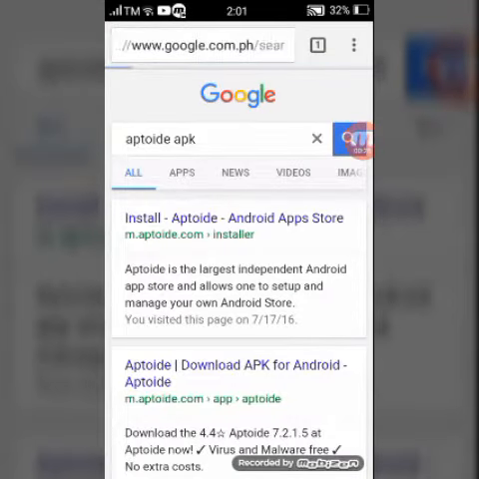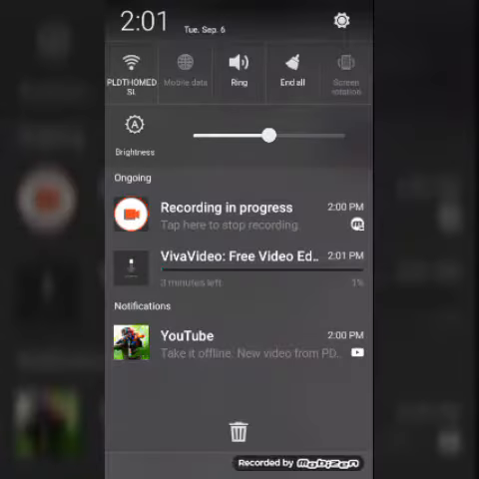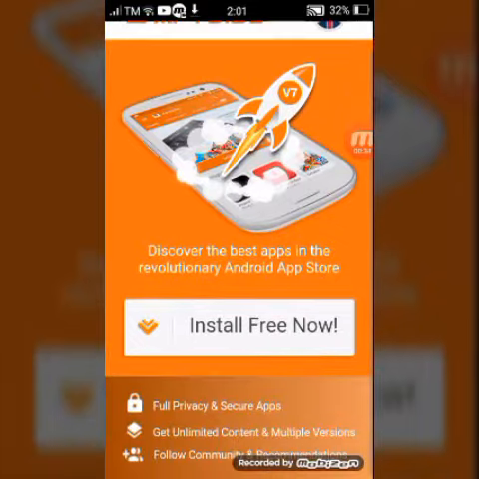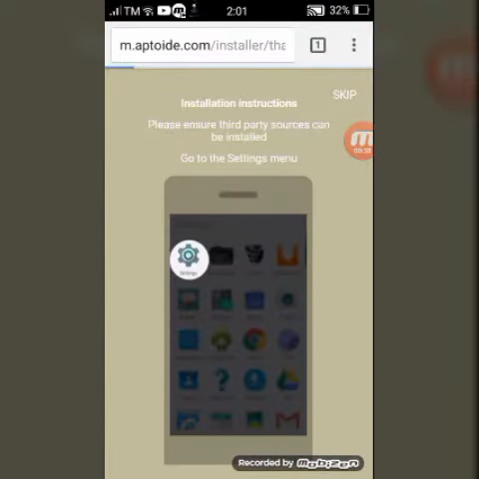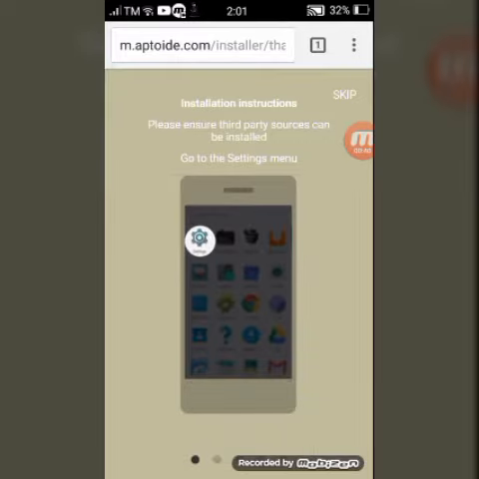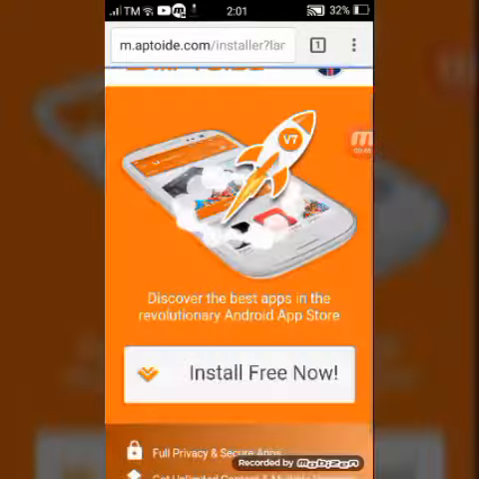Next, we're going to install Aptoide. So install, cancel. If you don't have Aptoide, download it, because I have Aptoide. I'm not going to download it again because I have Aptoide. So next,